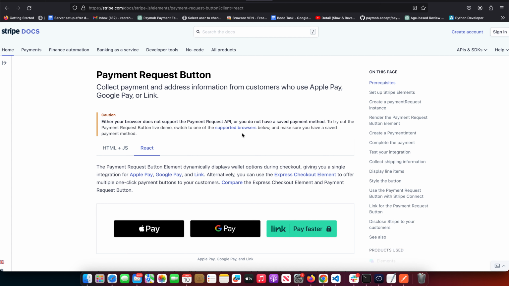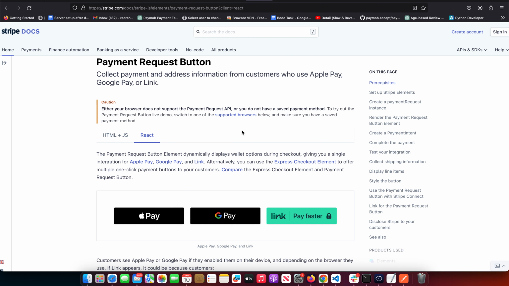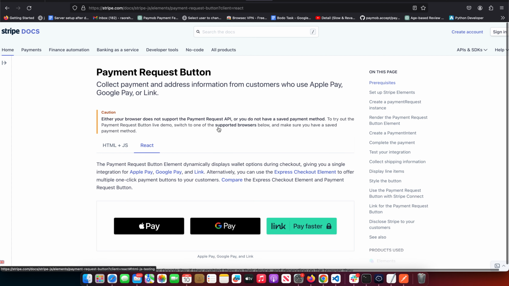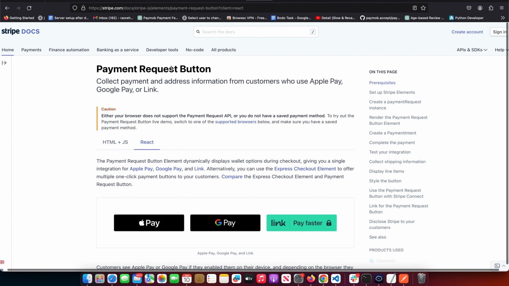In this video, we are going to see how we can implement Apple Pay button using Stripe in React.js. First of all, we will follow the Stripe documentation for this purpose so that we can render our Apple Pay button accurately. First, you need to go to the Stripe documentation and you can find this payment request button